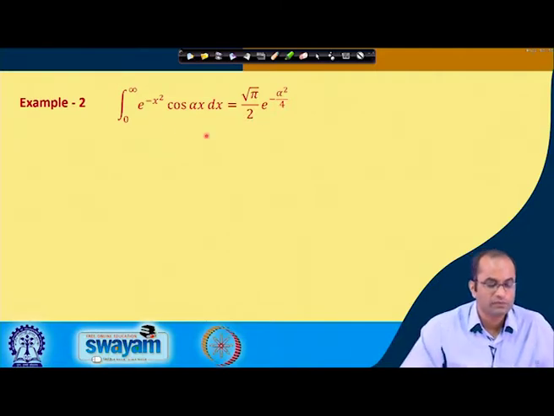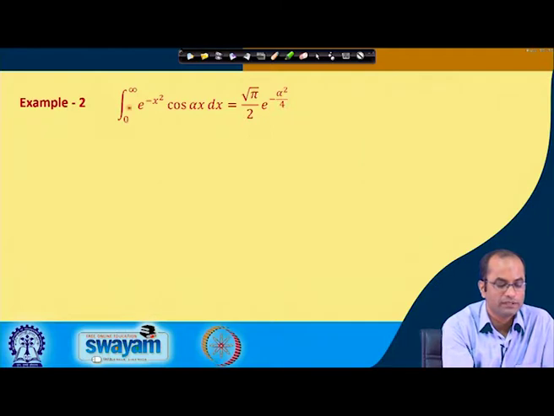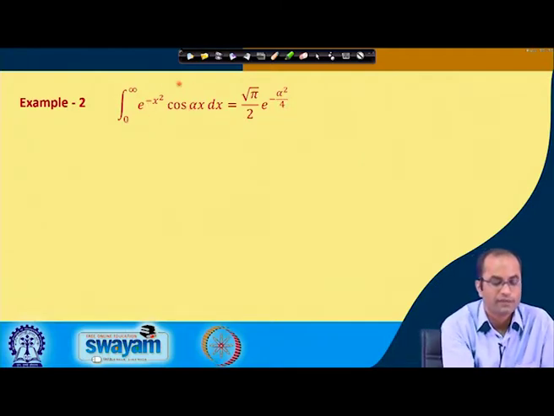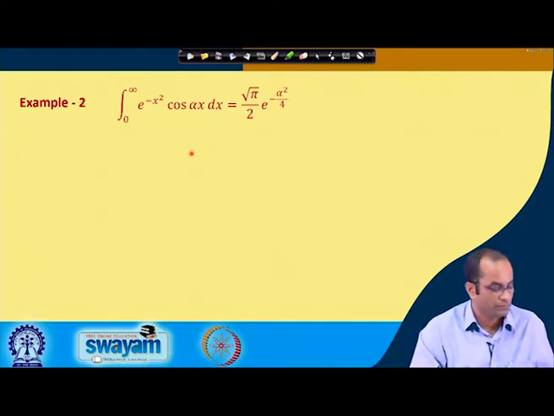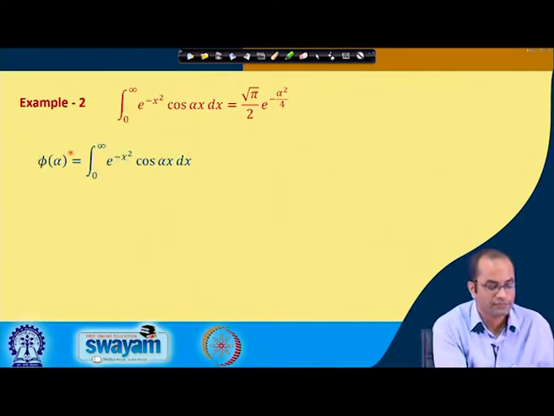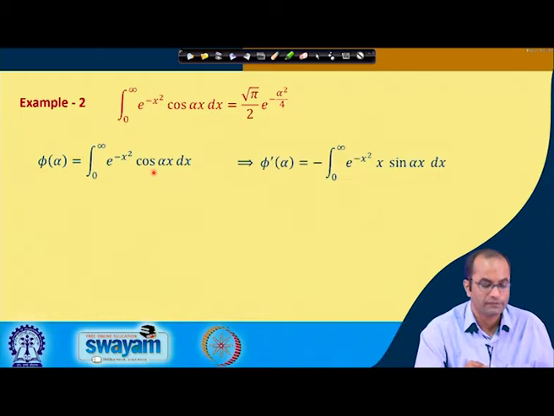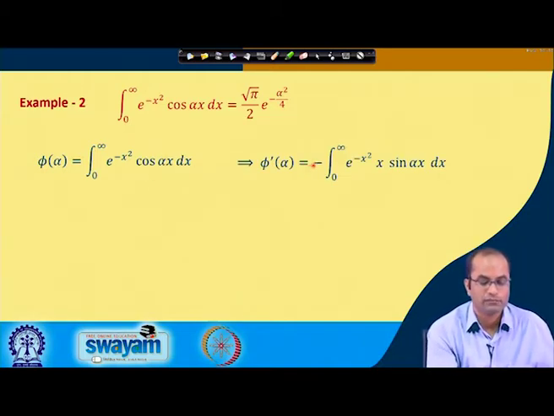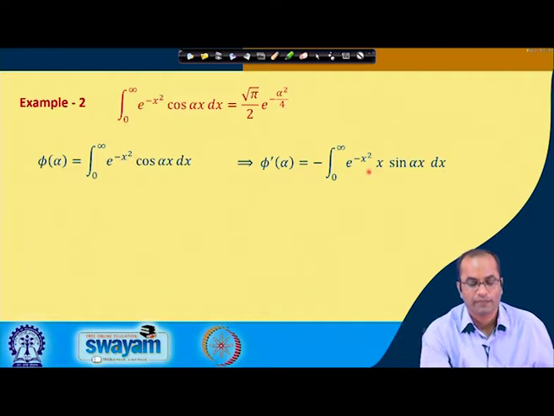So, another example where we will be evaluating 0 to infinity e power minus x square and cos alpha x dx. So, again the same process. So, we will take this as a phi of alpha, the function of alpha, and then get the derivative of this phi with respect to alpha. So, here this will become with minus sign, so minus sin alpha x, and this alpha x with respect to alpha will give us x,